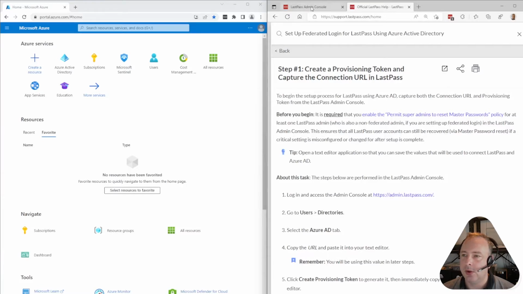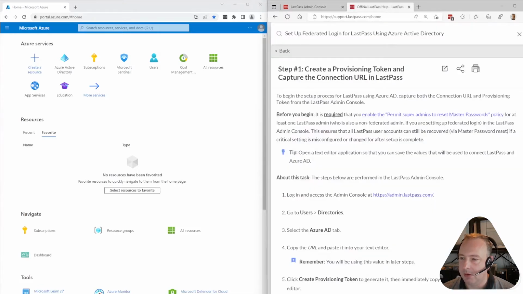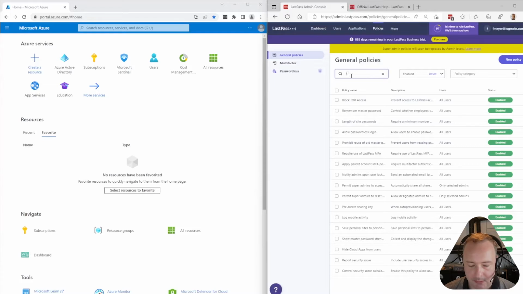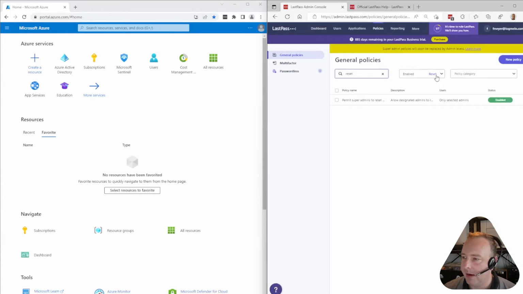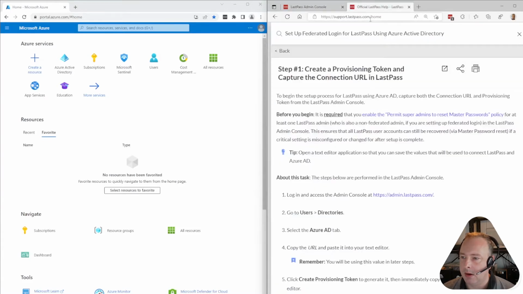So you connect to the LastPass admin console, and actually there's a step before that. You have to enable the permit super admins to reset master passwords policy. So you go into policies, you search, for example, for reset, make sure you don't have any policy status enabled, and then you have to make sure that the permit super admins to reset master passwords policy is enabled. Once this is done, we can continue by logging in and going into users directories